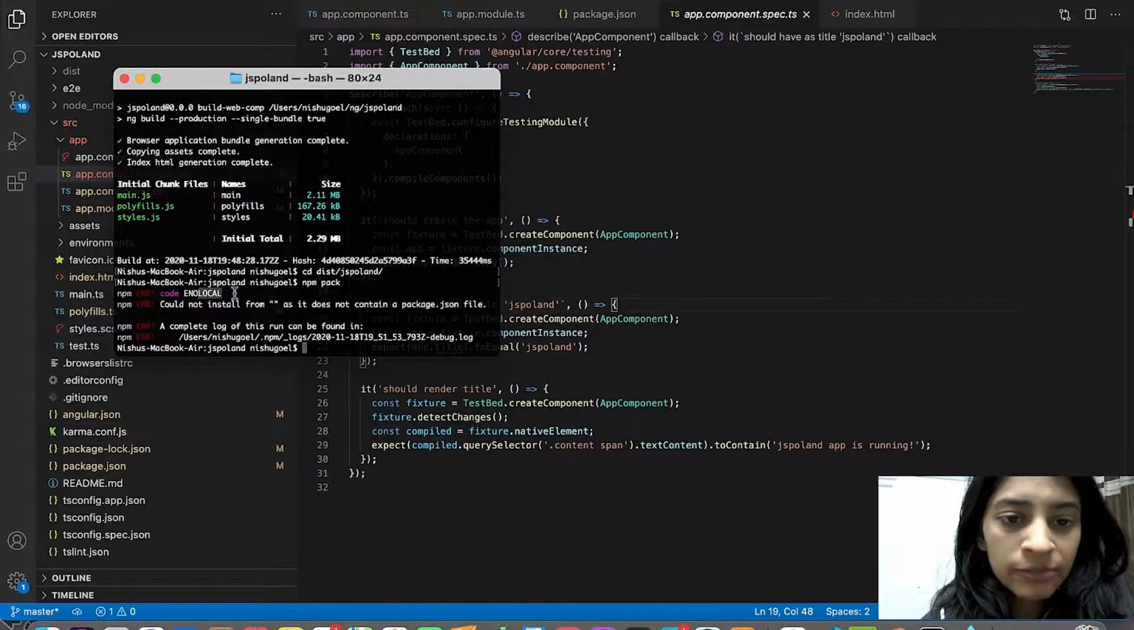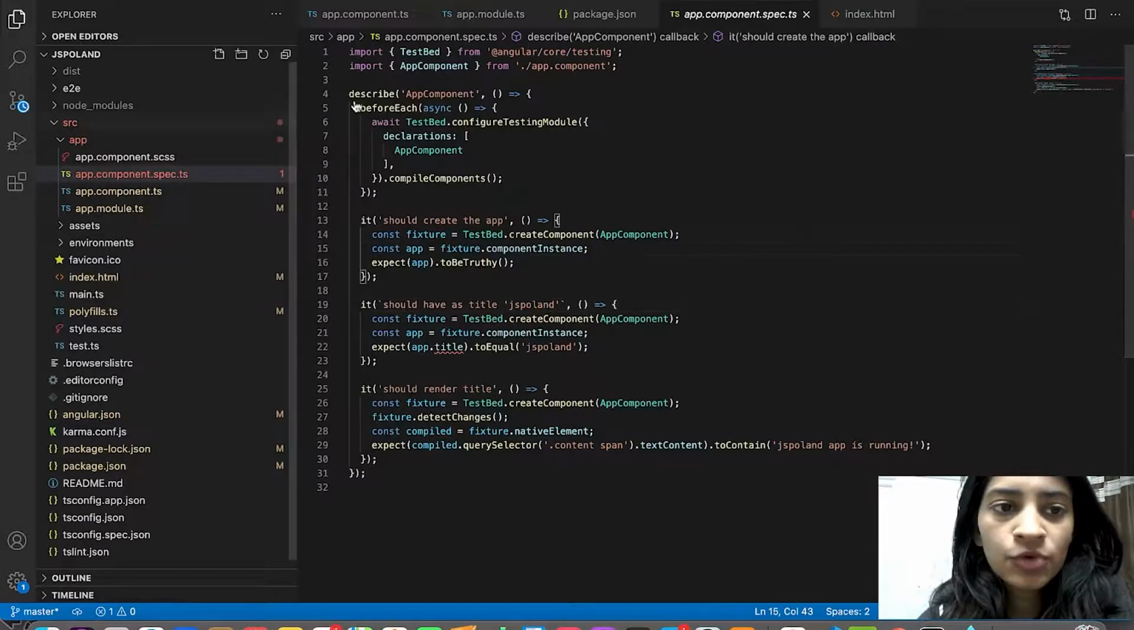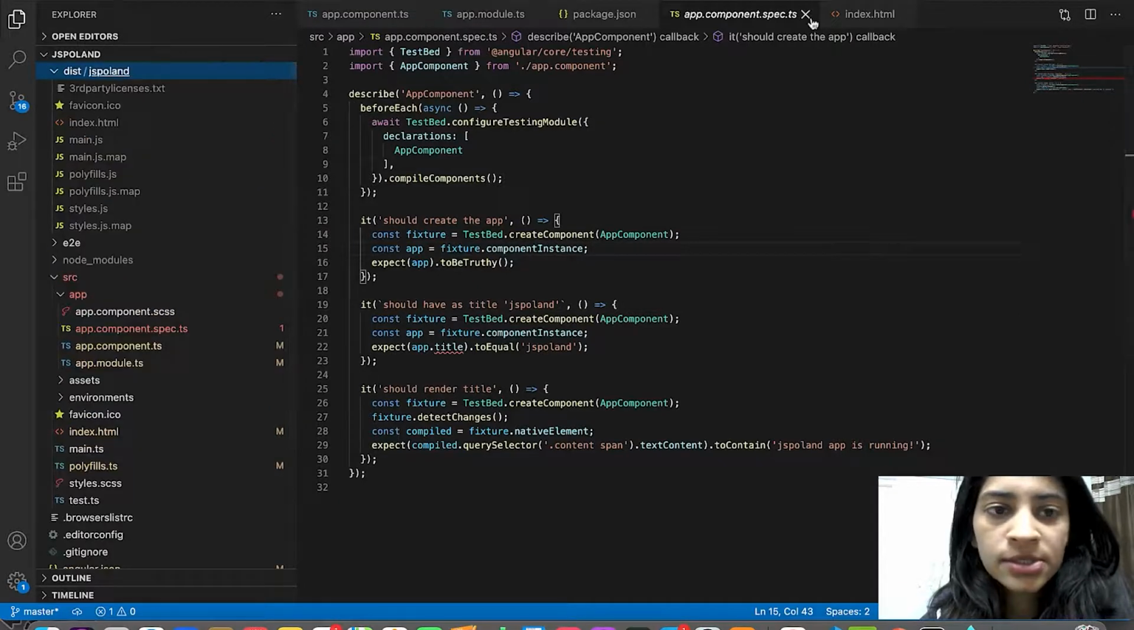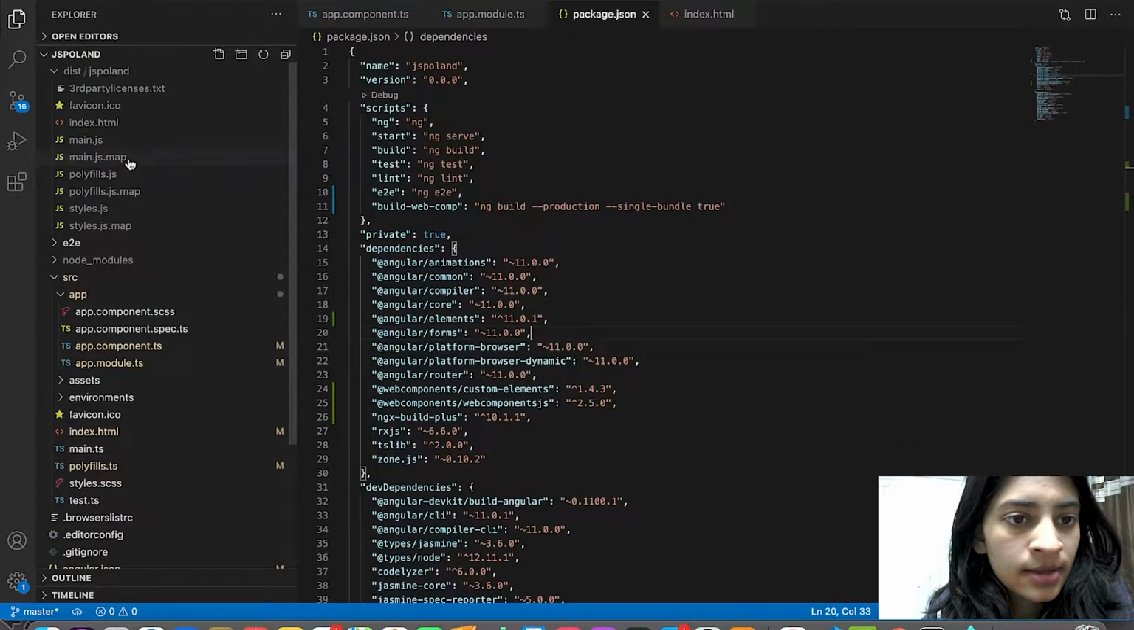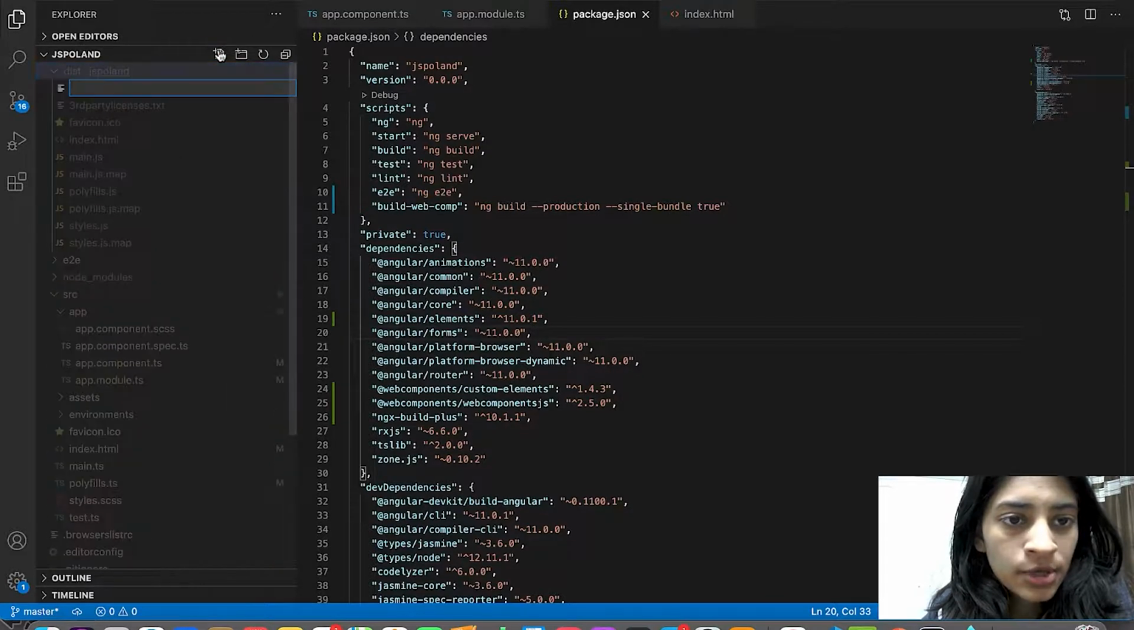It seems to have a problem. So it says that it does not have a package.json file. So we need to define that first of all inside our dist folder. So let's go in here, just close the spec file. Yeah, inside the JsPoland dist folder, let's create a